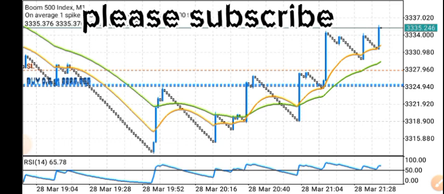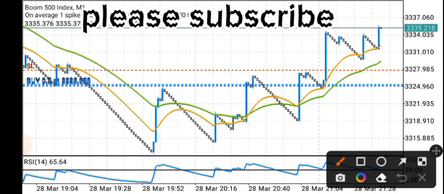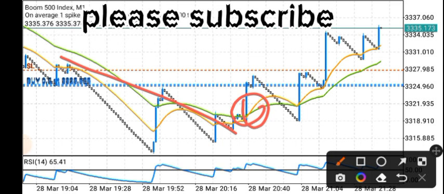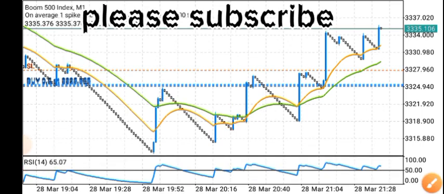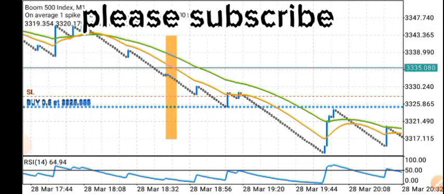Now, as you can see, I already opened multiple positions and I used it like this. I used these moving averages here and the market structure. I also used it with this indicator here, RSI. I used it to catch these multiple spikes, as you can see. So I'm going to show you how to make use of it now and begin to make profit just the way I did.